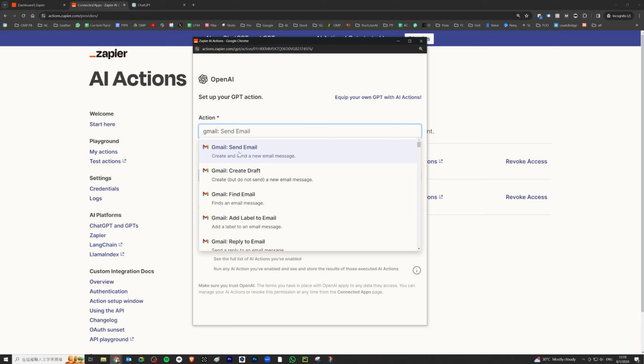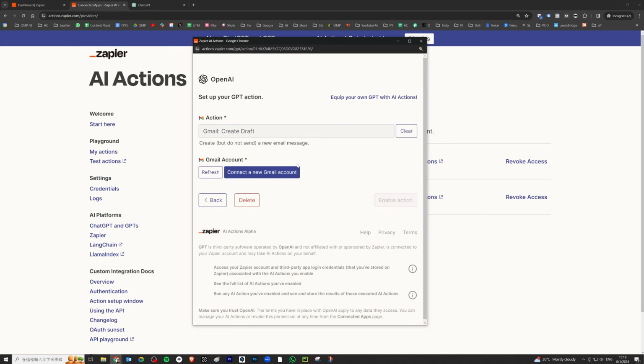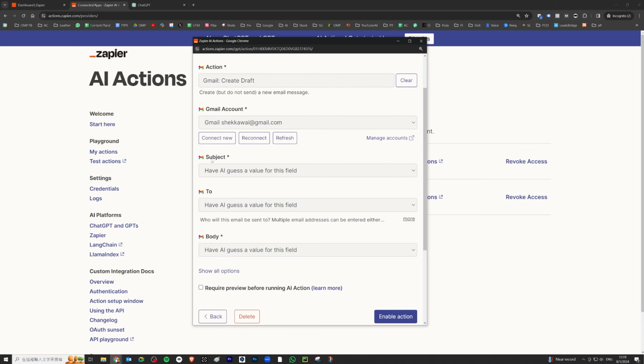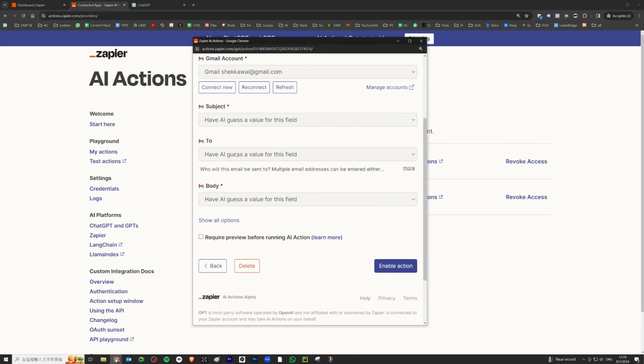I just want GPT to draft. So I click Gmail, create draft here. It will then ask you to log into your Gmail account. For drafting an email, you need to provide the subject, which email you want to send, and the email body. The default setting is have AI guess the value, which means the GPT will design the subject line and design the email body, etc. Remember to click the button to